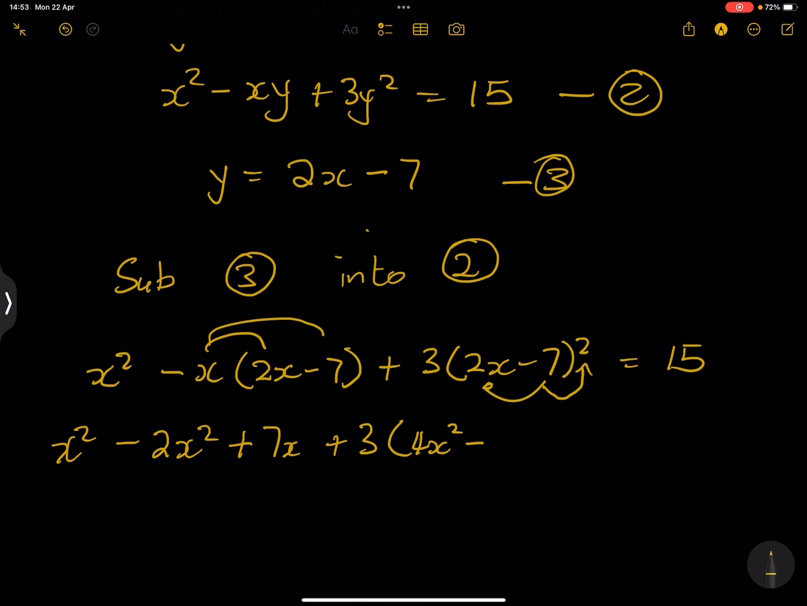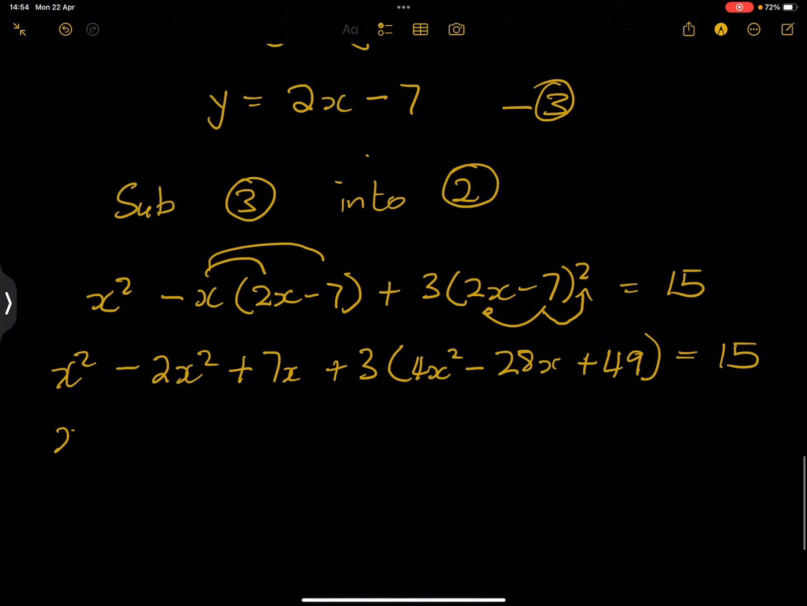Actually, sorry, that's minus 28x. And in this case, that gives me plus 49. Put that in brackets, and that's equal to 15. So we've got x squared minus 2x squared. That should give me minus x squared, plus 7x, right? Plus 3 times 4, which will give me